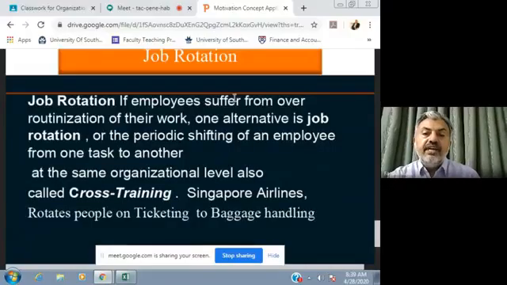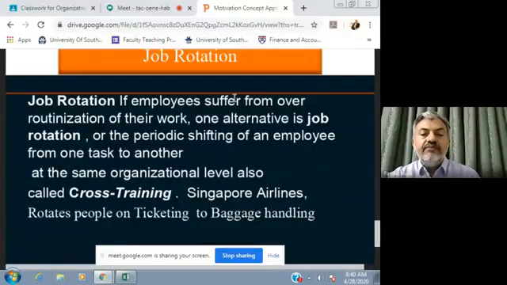If it is a restaurant, if a person is doing a waiter's job, you can change that job into a person who is facilitating the back end people who are working in the kitchen, or a person who is handling the takeaway orders and facilitating customers who are coming through the drive through. So you keep on rotating the job of people, so that there's a new challenge in their life and they have something different to do.